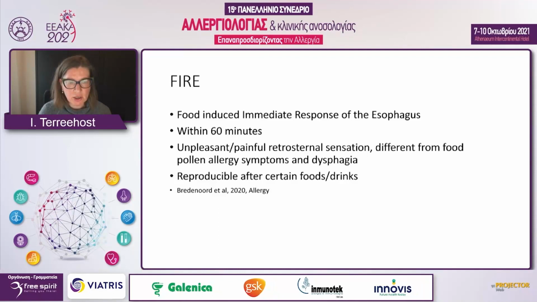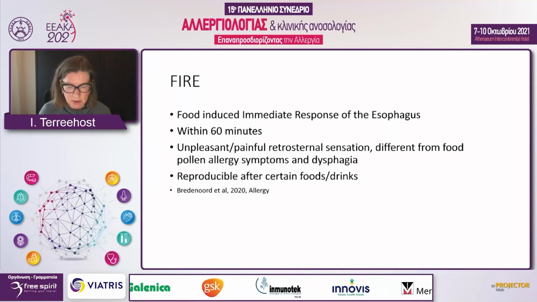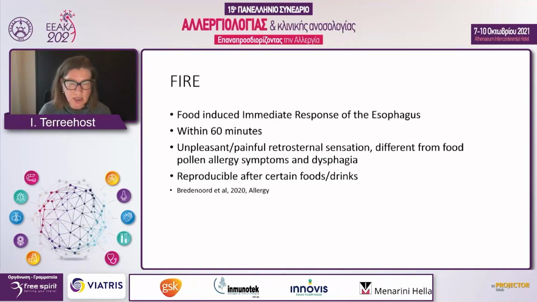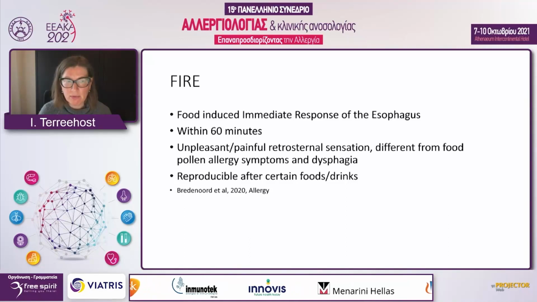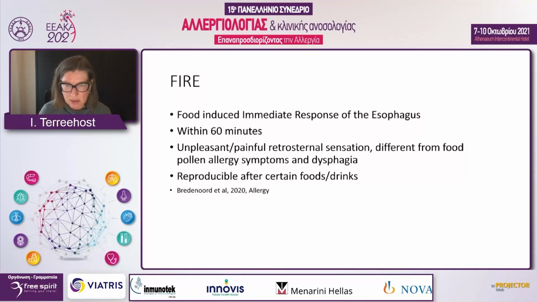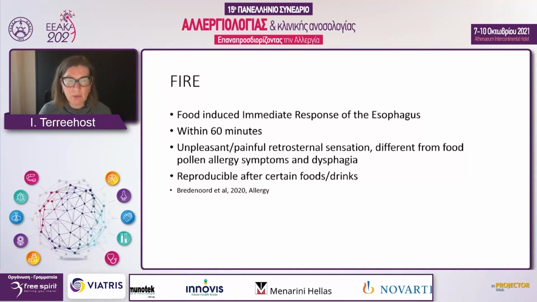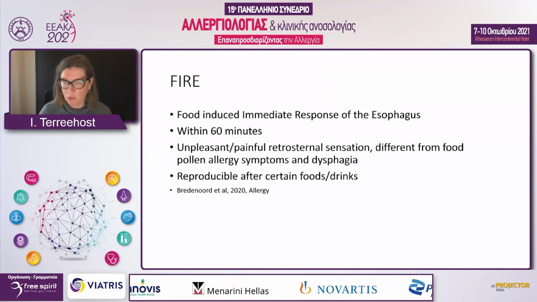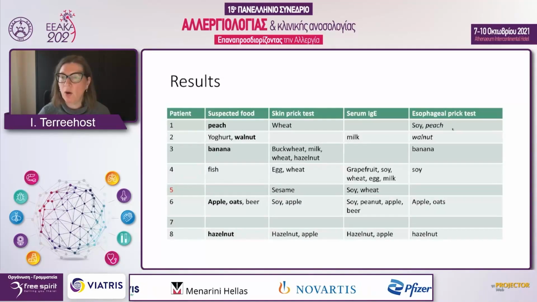And a recent study by Bredenoord, which was published in Allergy, which was an interview study under patients and medical specialists, showed that there are actually far more people suffering from these symptoms than we suspected before. And what I didn't tell you, and I have to go back now to the previous,